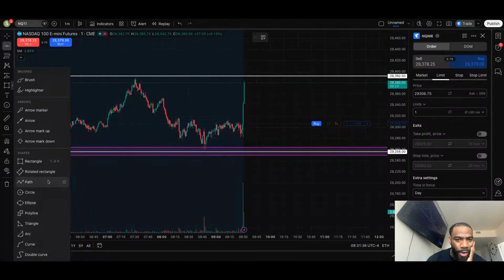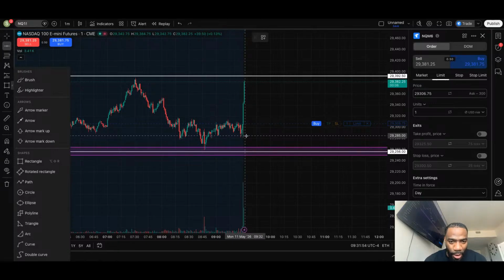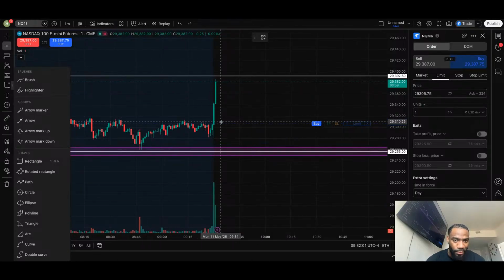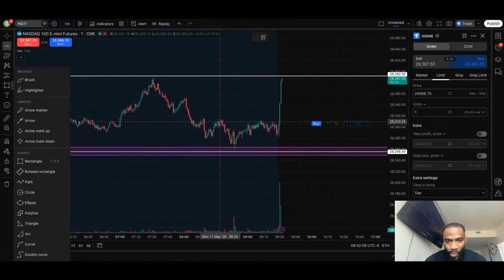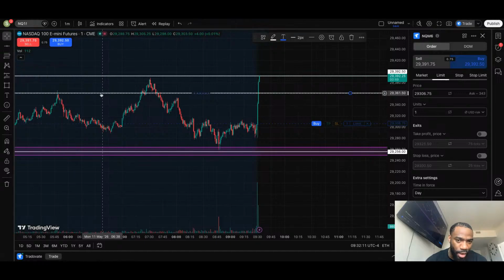I'll let the market give me a clear direction. As you see, all these candles are 1 minute, and overnight, look how small the candles are. That means there wasn't that much volatility. Now at opening bell, these past two candles are very large compared to the other ones because the market is very volatile right now. Once it shows me a clear direction, then I'll get into the trade.